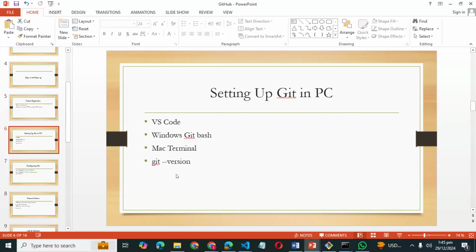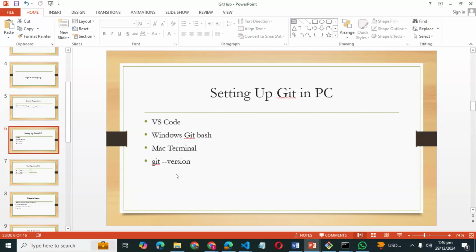It is a very simple command if you remember. Anyway, basically we use something called git clone.